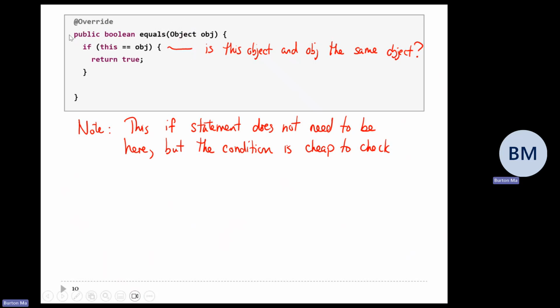If you put in public boolean equals(Point2 p), you're not replacing the definition of equals. You're adding a new version of equals. You're adding an overloaded version of equals. That's not what you want to do here. You want to replace the version of equals that we got from Object. So the version of equals that we got from Object, its parameter is of type Object. Now remember